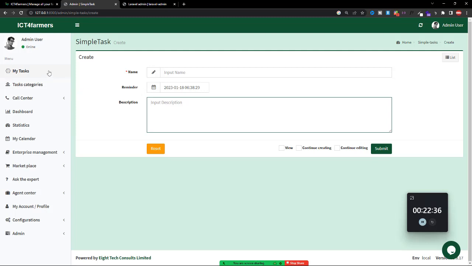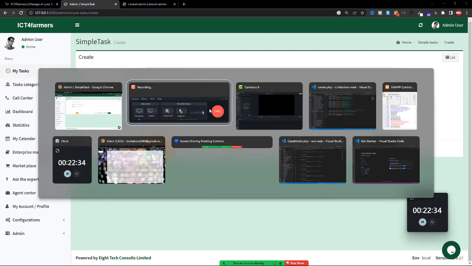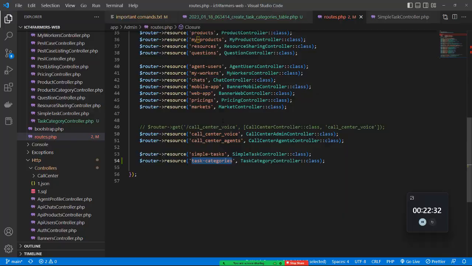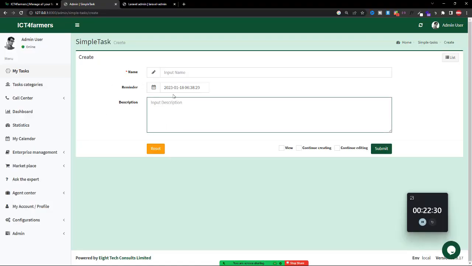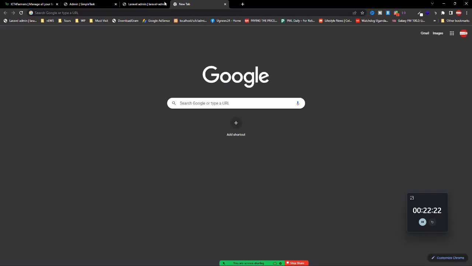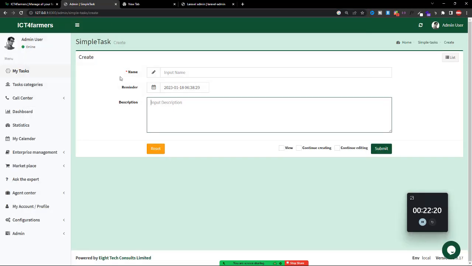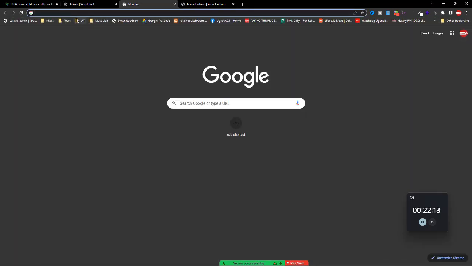So here we use two ways. You can either run a command, or you go straight to the table and add it there. I'm going to show you how it can be done, the simpler way that is effective to me. So for example, I want this task to belong to a category. So what I'll do, I'll just simply come and say